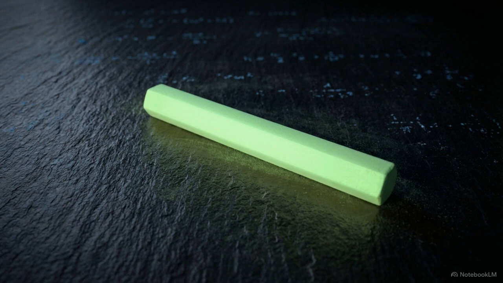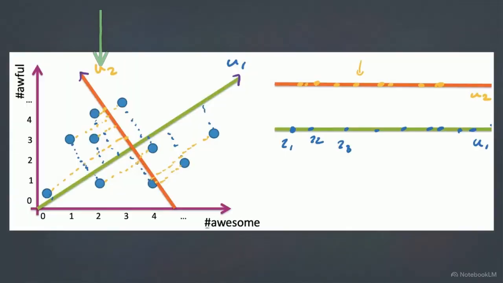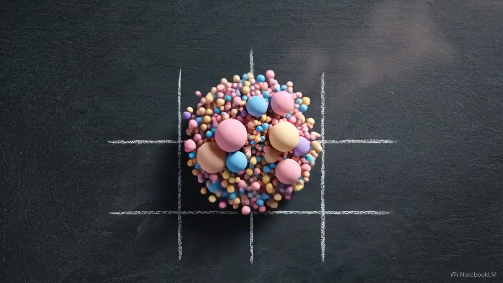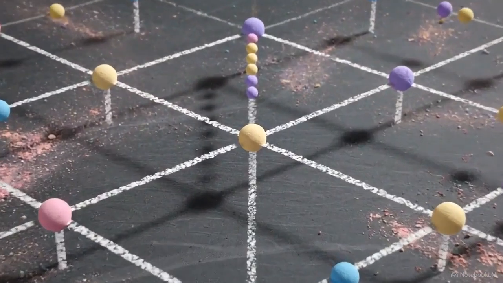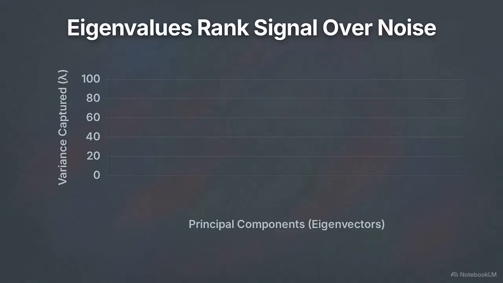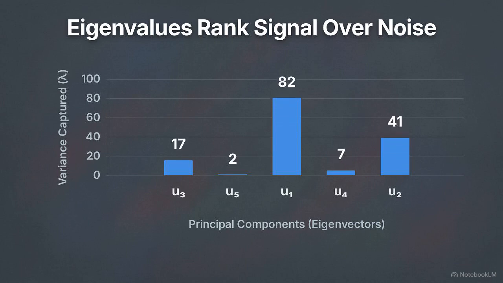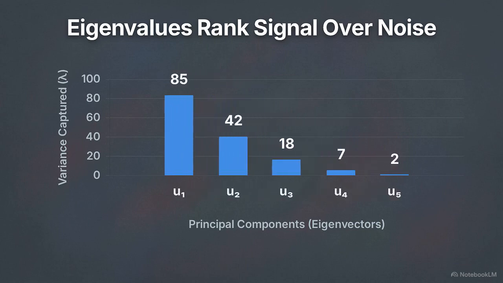But what about the information that first line missed? How does the algorithm capture the remaining variance? This chart shows the introduction of a second axis. To find the next component, PCA applies a strict mathematical rule. The second principal component, shown here as the orange line, must be perfectly orthogonal, or perpendicular, to the first. By locking these axes at 90-degree angles, these orthogonal eigenvectors construct a completely new, mathematically optimized coordinate system for the data. Each eigenvector comes with a corresponding eigenvalue, which tells us exactly how much variance it captures. By ranking them from largest to smallest, we establish a mathematical hierarchy that separates the heavy signal from the lightweight noise.